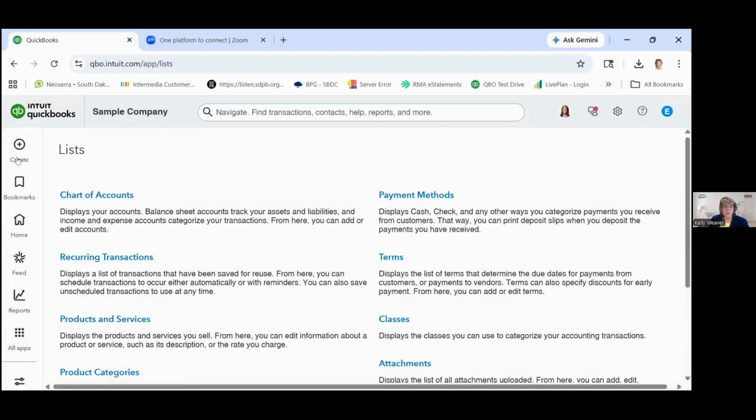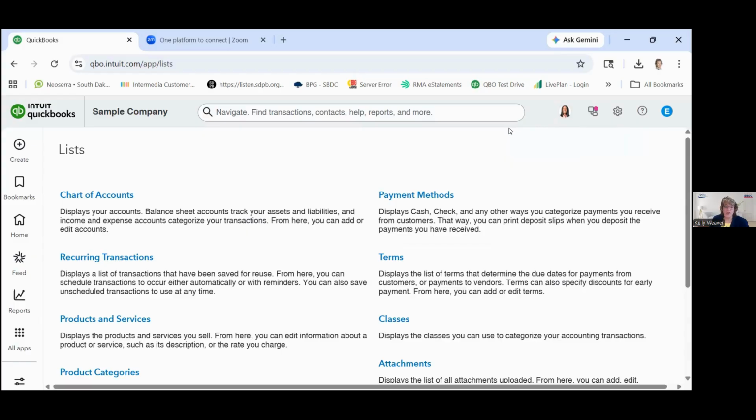Okay, so plus is to do things. Gear icon is to fix things or customize things. Not necessarily to do transactions, but to do everything else but enter transactions. We have the help button here. There's a notifications integrations button here. This is your Intuit profile. And then there's a contact experts.